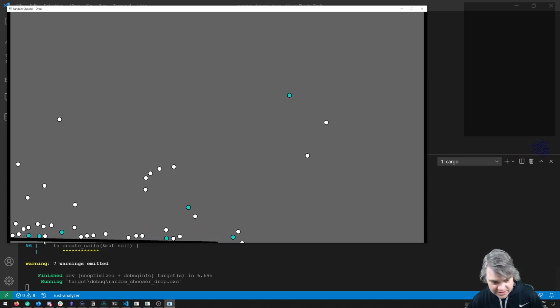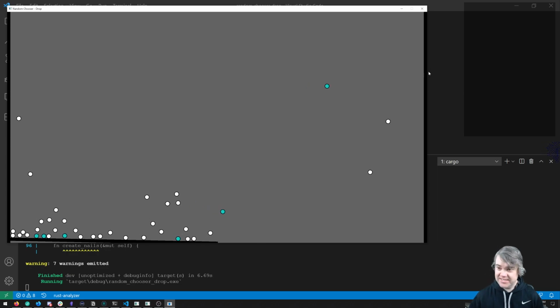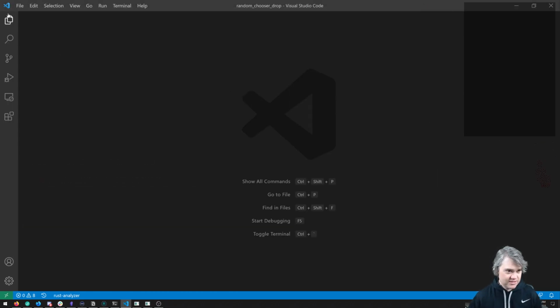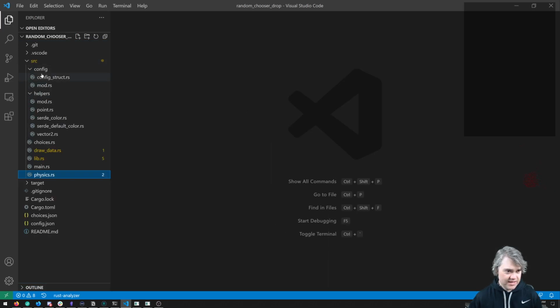So I want to create another one of these, but on the opposite side. I don't think I need to do anything with our config. I think what we want to do is